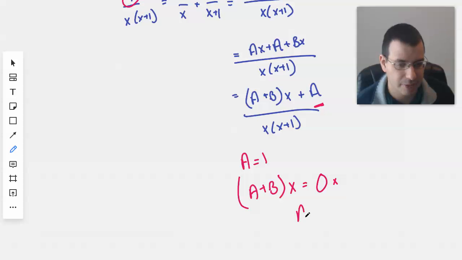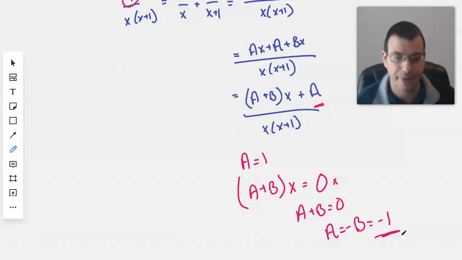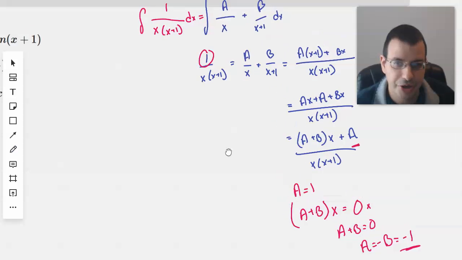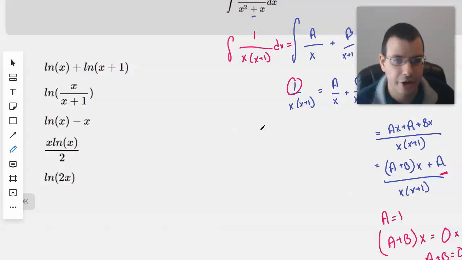Which means that a plus b equals 0, which means that a equals negative b, which will then equal negative 1. Bam! So, now that we've done the whole process for partial fractions, we can go back up here and